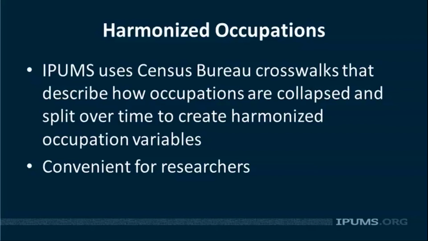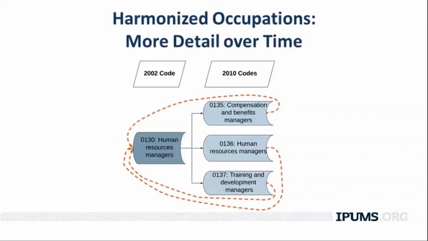I want to briefly show 2 examples that illustrate what happens during the harmonization process. Here's an example where there's increasing detail in occupation codes over time. In this case, the 2002 code of 130, which represents human resources managers, is on the left. In 2010, this occupation split into 3 separate codes. To harmonize the 2010 occupation codes backwards into the 2002 scheme, we simply assign all of the 2010 codes to